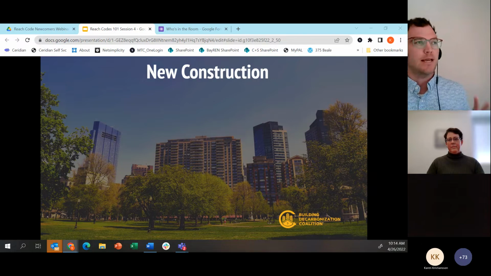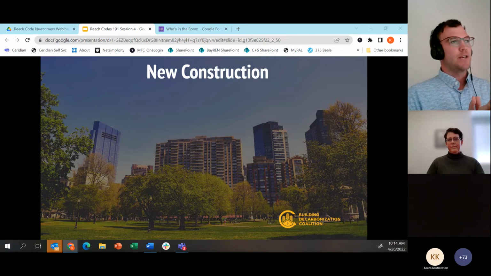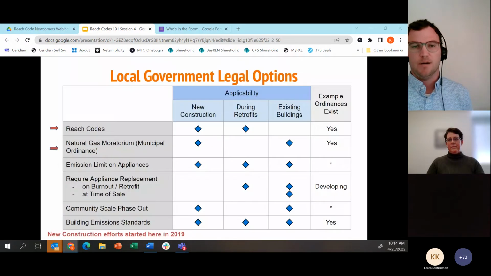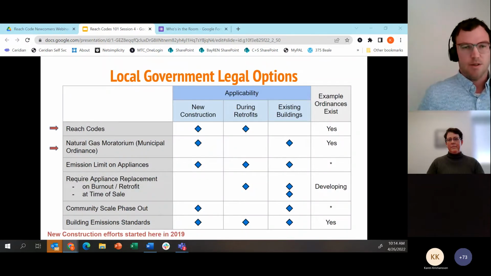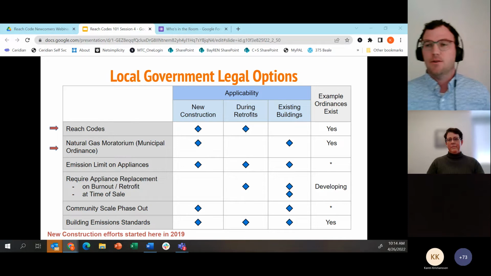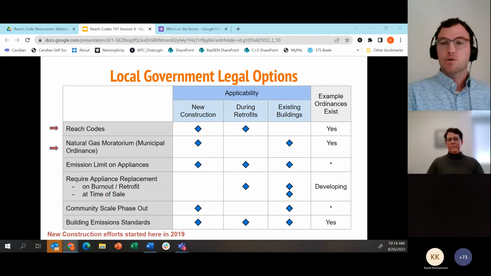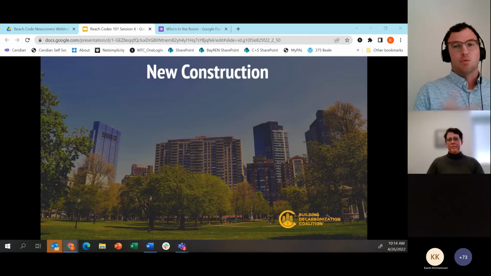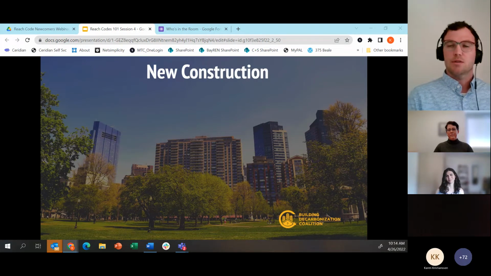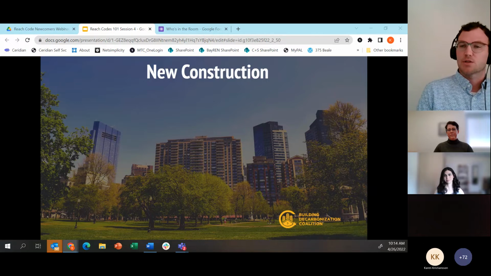And thinking about the table that Karen just mentioned, I want you to imagine we're expanding and complicating, if you will, that table that was just up on the screen, and walking through some of the nuances there. So I'll be covering the options that local governments have at their disposal, specifically for new construction, to reach beyond the statewide code and or to use their jurisdictional authority.